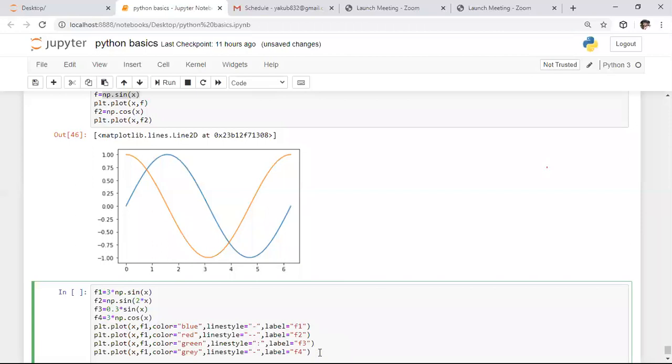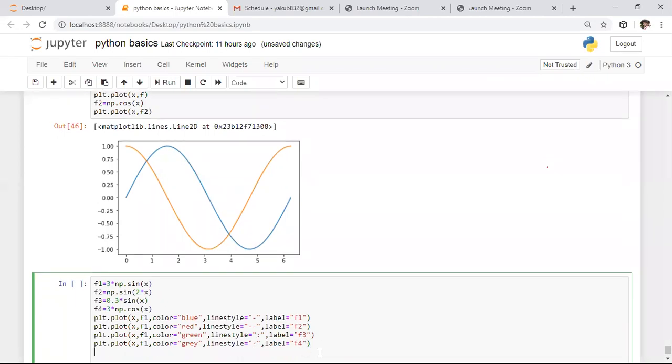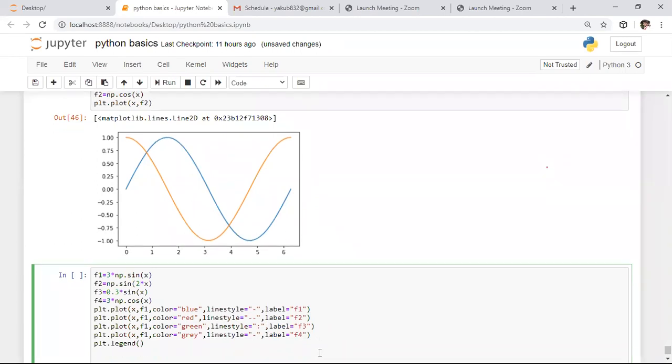After specifying all these things, finally what do we need to specify? Here we need to specify the legend. We need to get this entire thing in the form of which color we are representing with which thing. For that purpose, here I'm using legend. In this legend, I am not specifying the location. By default, it will be fixed at the best location only. And I want to show this as an output. For that purpose, here I'm using the show function.